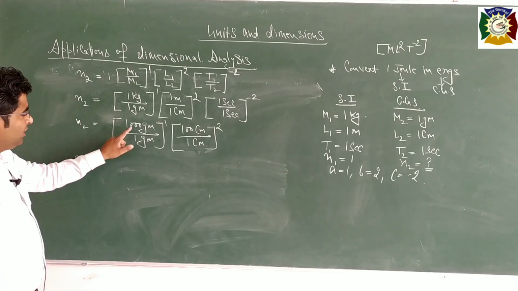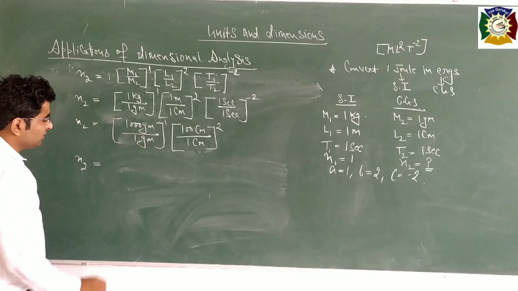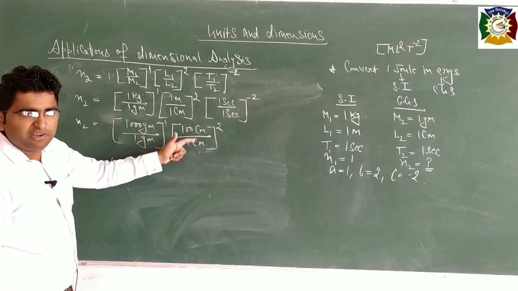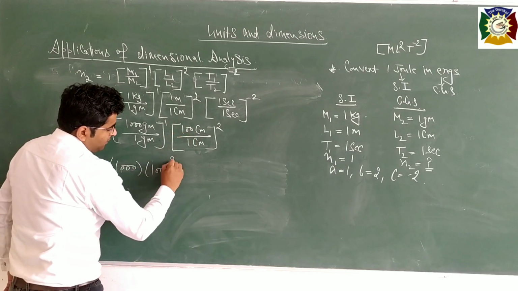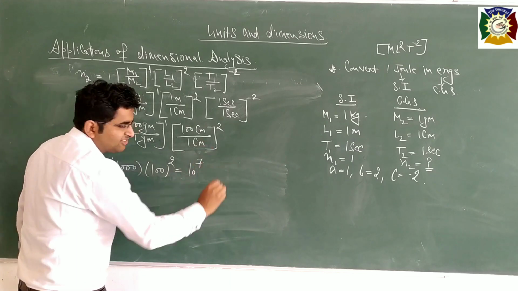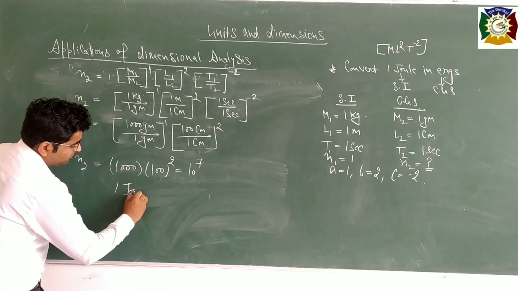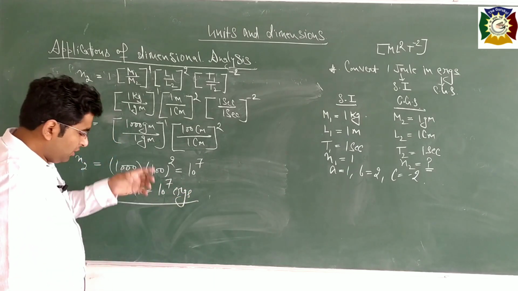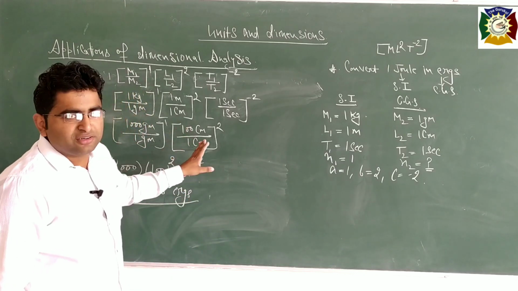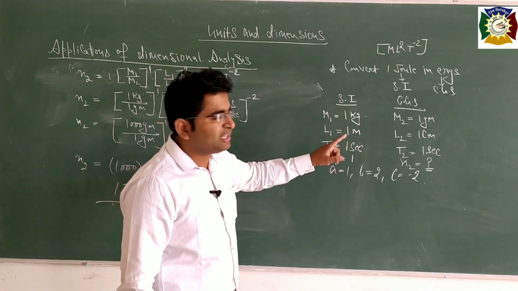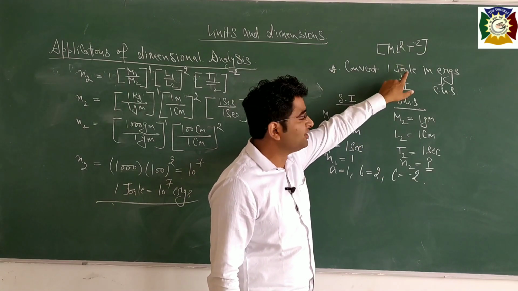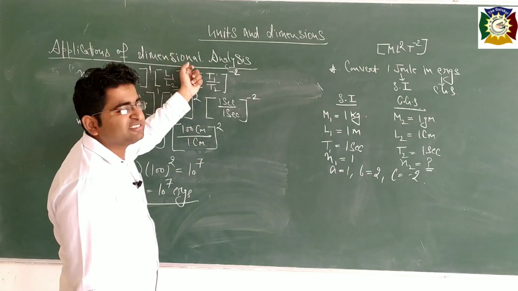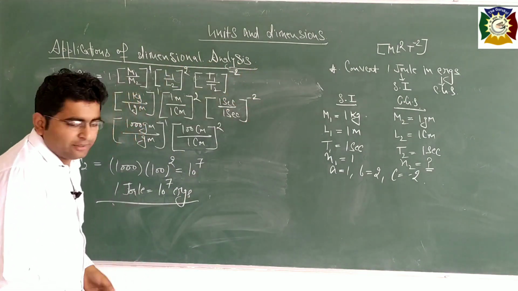N2 is equal to 1000 gram divided by 1 gram, it will be 1000 power 1. 100 divided by 1, it will be 100 power 2. So it will come out 10 raised to power 7. So 1 joule is equal to 10 raised to power 7 ergs. Clear? So for this application, you need to know the dimensions of the given physical quantity, क्योंकि आपको dimension पता है, तभी आप M1, M2, L1, L2, T1, T2 की पावर को रिप्रेजेंट कर सकते हैं. Clear?